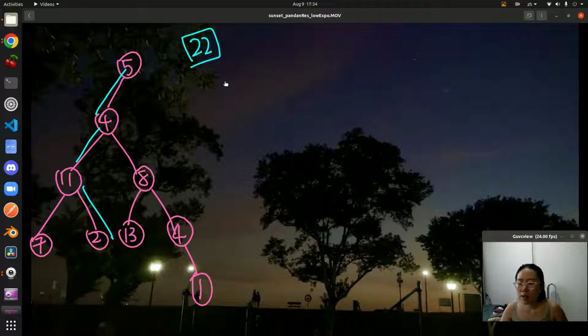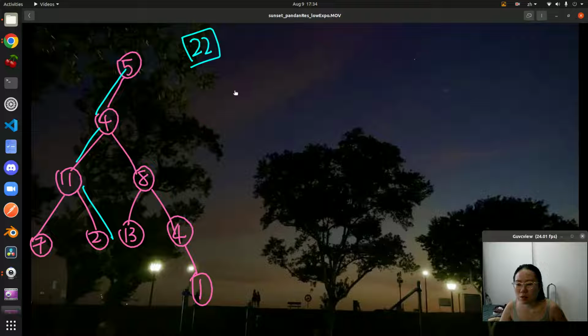So how we can do that is by deducting each node at each level from this total sum. And by the time we reach the last node, we want to check and make sure that the remaining sum